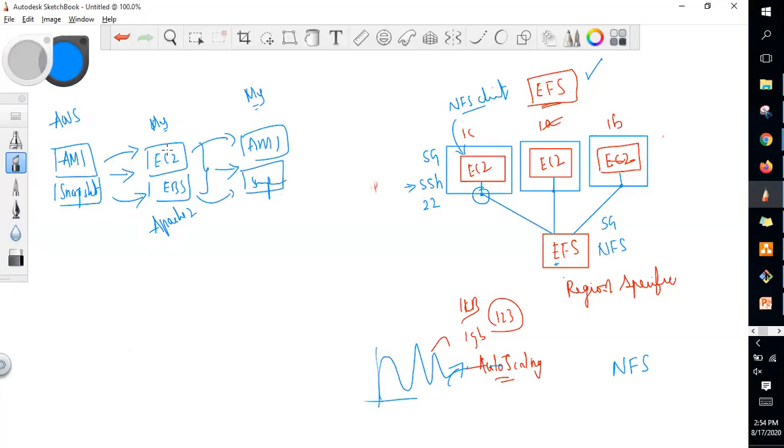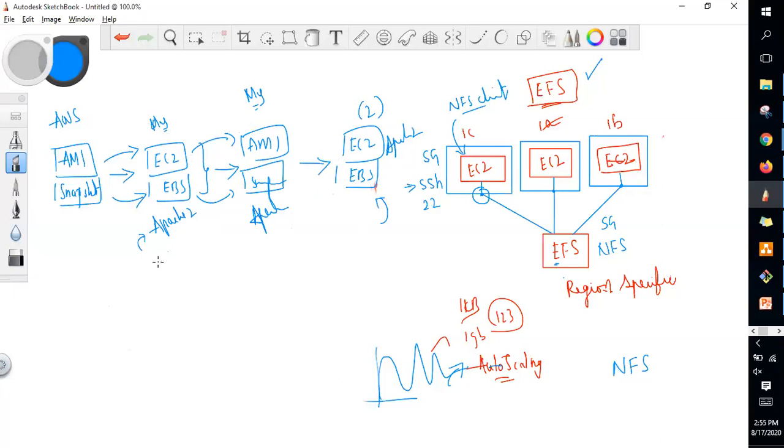This instance is modified by installing the package, which means the AMI or the snapshot will have Apache. Now when I create a second instance from this AMI, this EC2 instance by default will have Apache. By default means I need not log in and install Apache again. That software is already there.